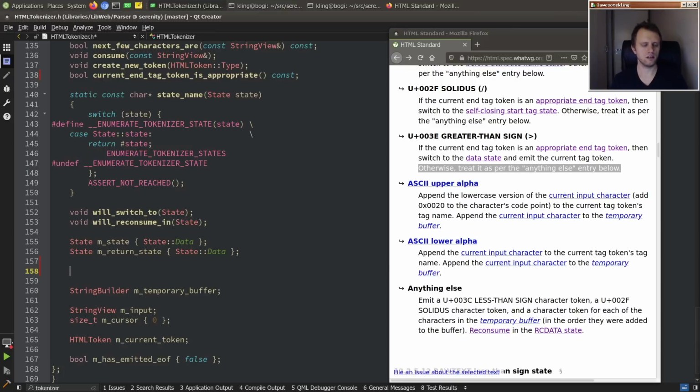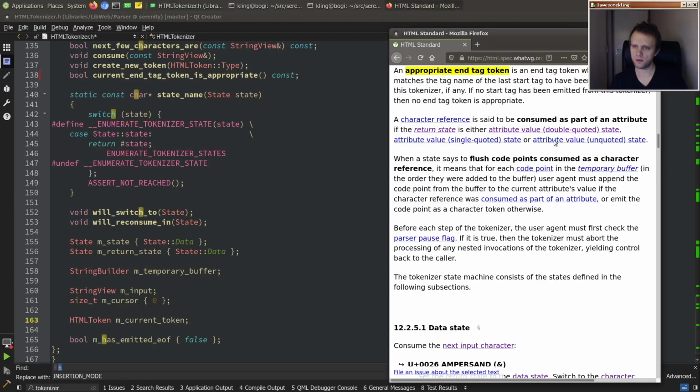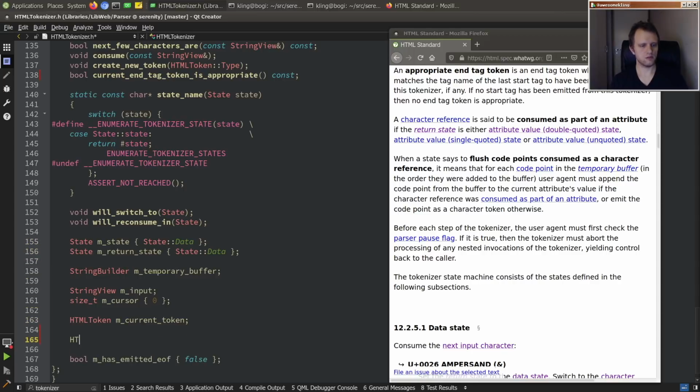And then I think, how do we know if it's appropriate? The last start tag to have been emitted. So when we emit a start tag, we have to just stash it somewhere. So we can do it this way: HTML token last emitted start tag,